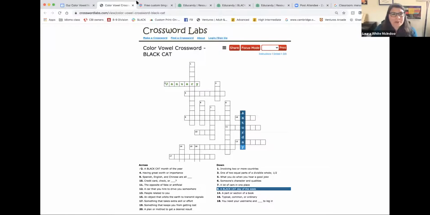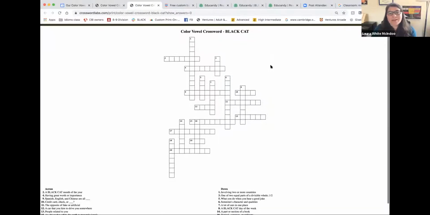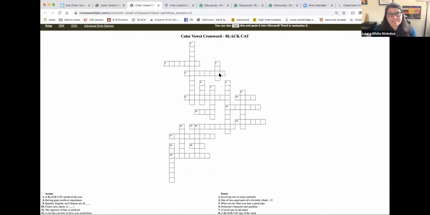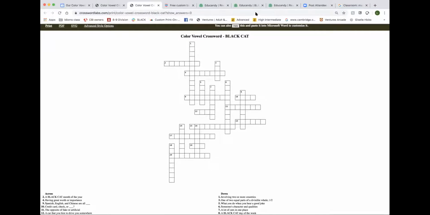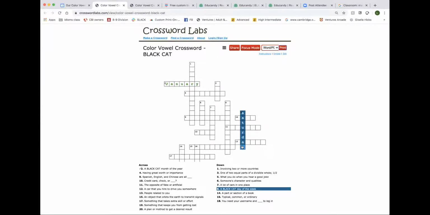Did they turn it in as a homework assignment, or did you review it at one point? Okay. Yeah, I'm not teaching right now, so I don't have students, but what I would do is share. And then once they finish it like this, you can hit print, and you can save it as a PDF very easily. Word PDF, and you hit print. So I think if you print it, it's the blank. You could have your students take a picture of it and send it to you, maybe, you know? Why not have them print out the blank one and do it? Or do they not have printers? If they don't have printers, they can't, but if they did, that's how I would do it.